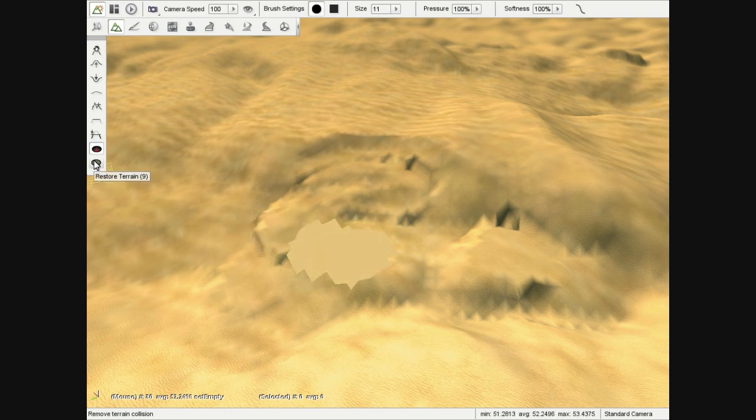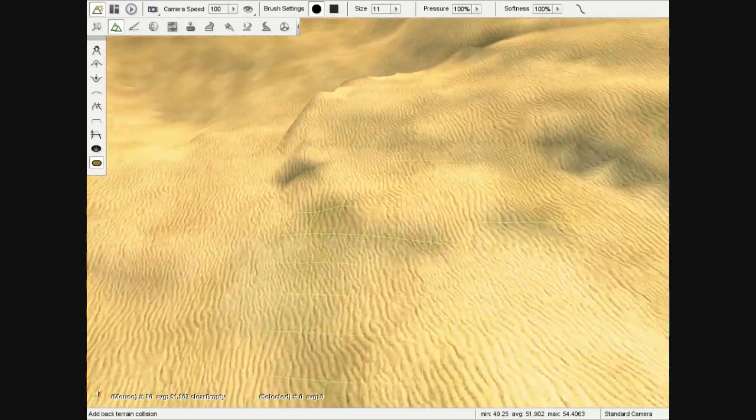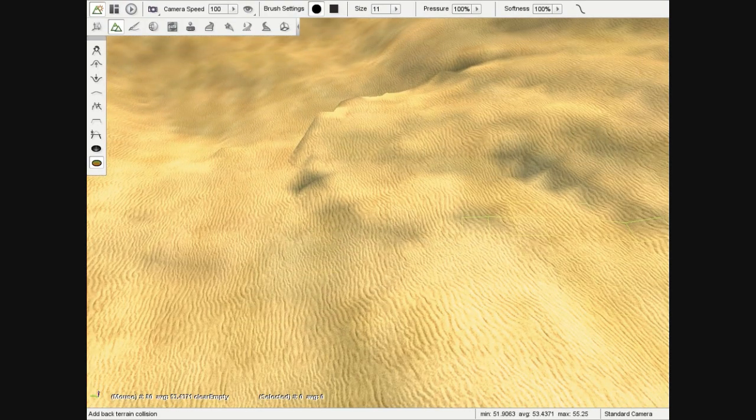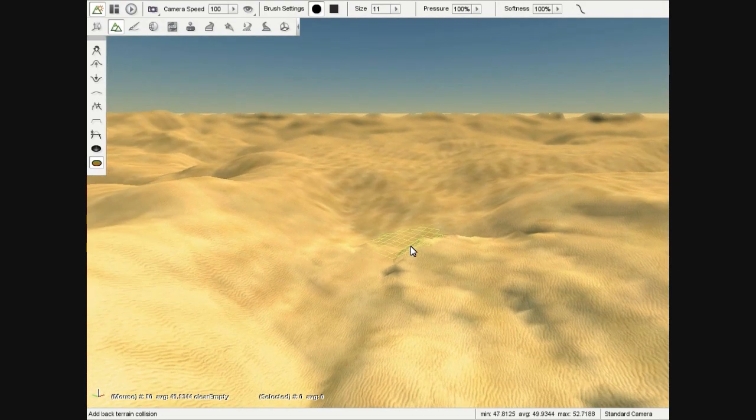And if you want to get rid of that, the last tool here is Restore Terrain, which will just paint that back in. So we can see it's now fixed. So there's a couple things that you can do, and I'm going to give you plenty of time to work,